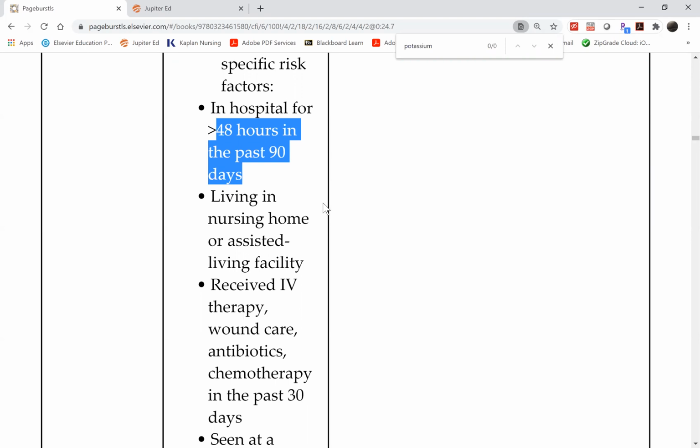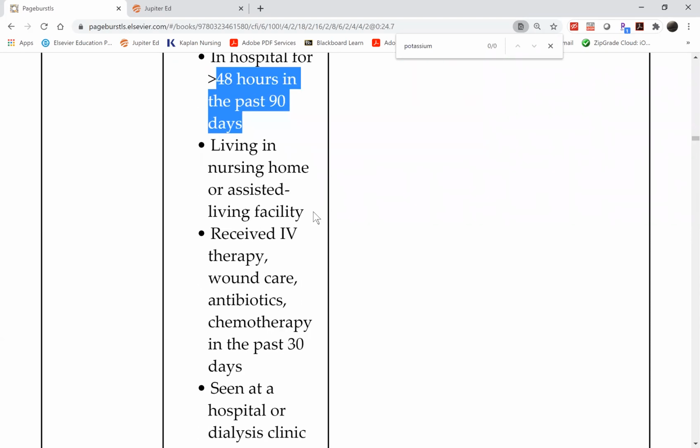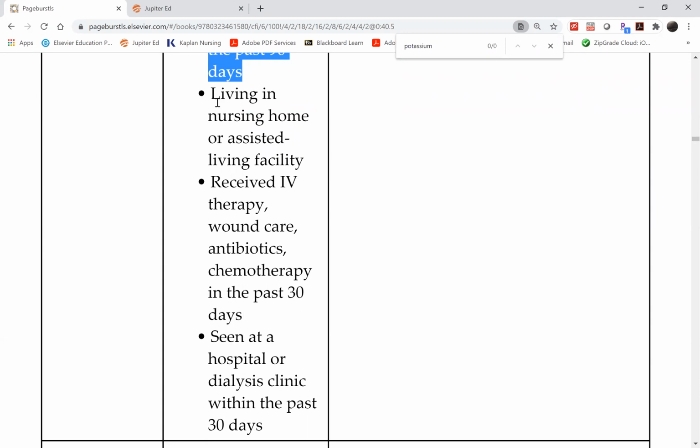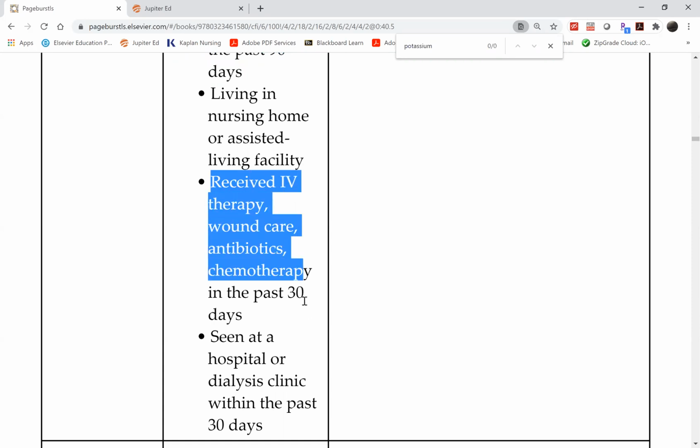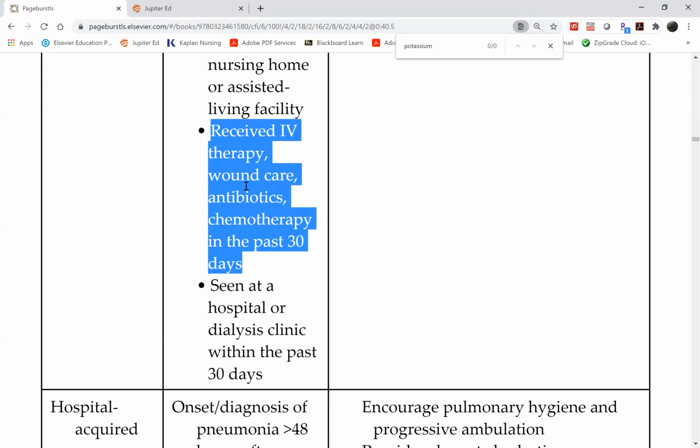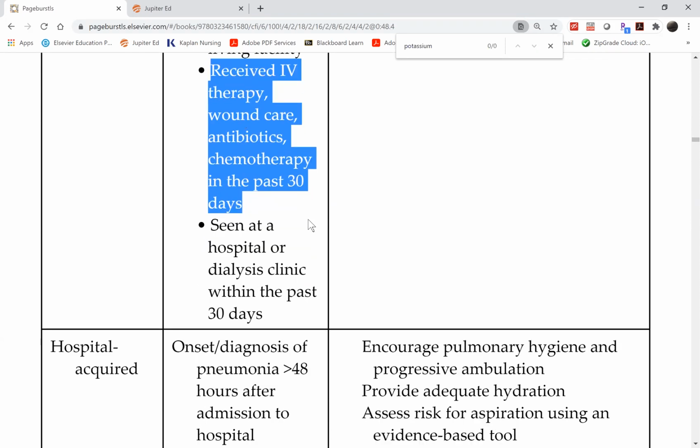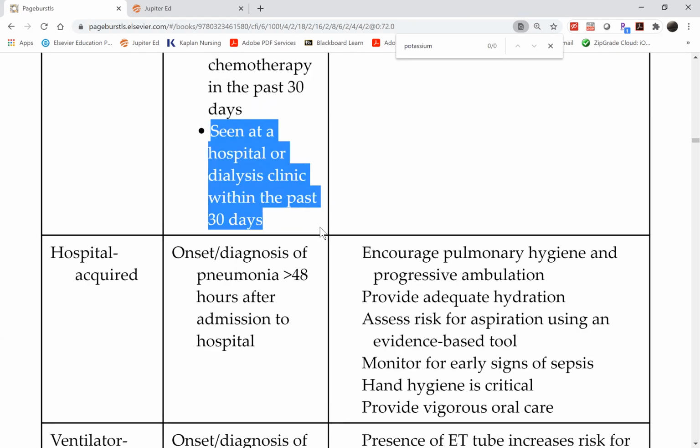healthcare associated pneumonia. Or like I said, it doesn't have to be in the hospital, could be institutionalized like in a nursing home, or this could also cover mental health facilities as well, or homeless shelters, for instance. Or if you received any healthcare therapy, including wound care that involves antibiotics or chemotherapy, for instance, in the past 30 days, if you develop pneumonia, that is still healthcare associated pneumonia. Or even outpatient, seen at a hospital or a clinic for the past 30 days, that is still healthcare associated